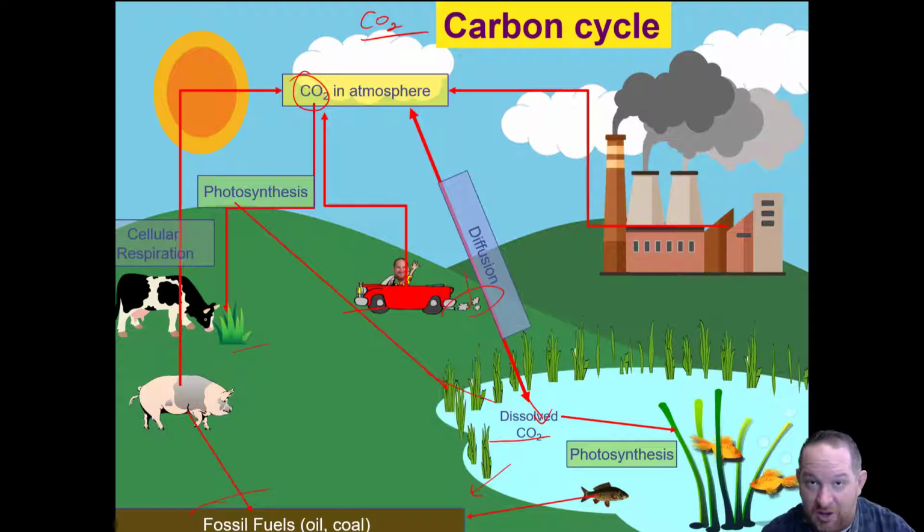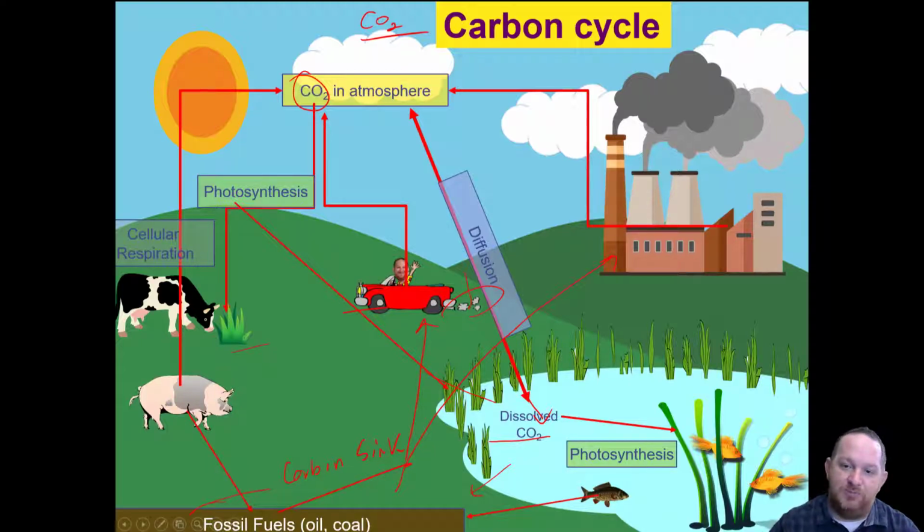What do we do, though? Those fossils that are buried deep within our earth, that are holding all this carbon, we call them carbon sinks, right? They're storing a lot of carbon deep in the earth. Well, we go down, we dig it up, we take it to a factory, we put it in our cars, we burn it. That carbon dioxide is continually being put back in our atmosphere. So this is just the general carbon cycle, how carbon dioxide is cycled through our atmosphere.